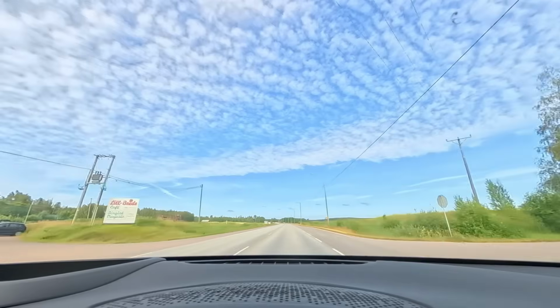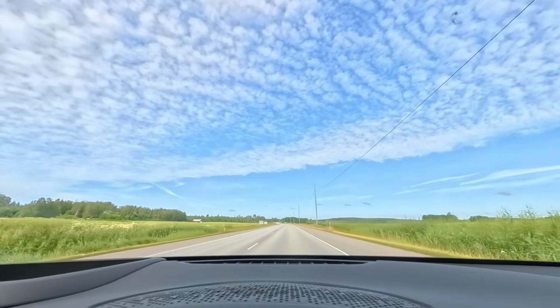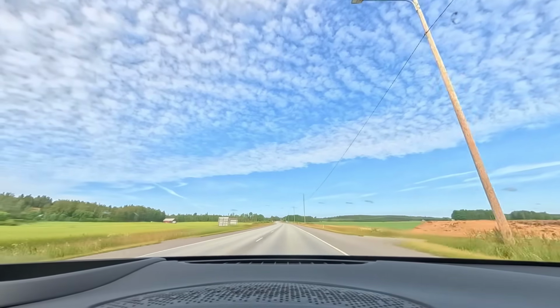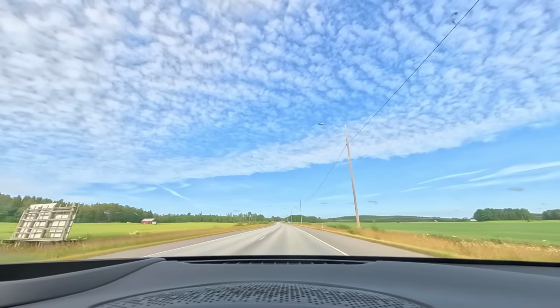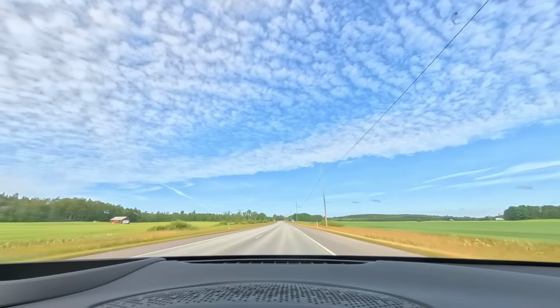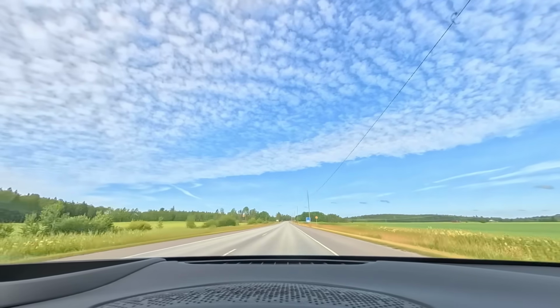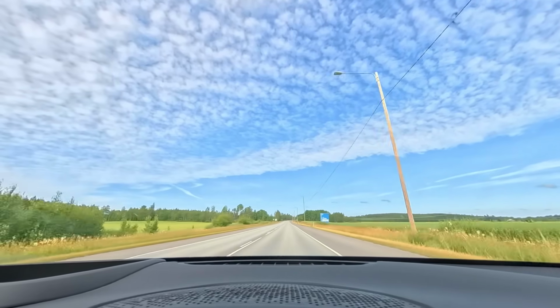And like mentioned, really good conditions today. Now the temperature is also up a little bit, so it's 16 degrees and not much wind, dry roads. It is not perfect conditions, but it's quite close to perfect conditions